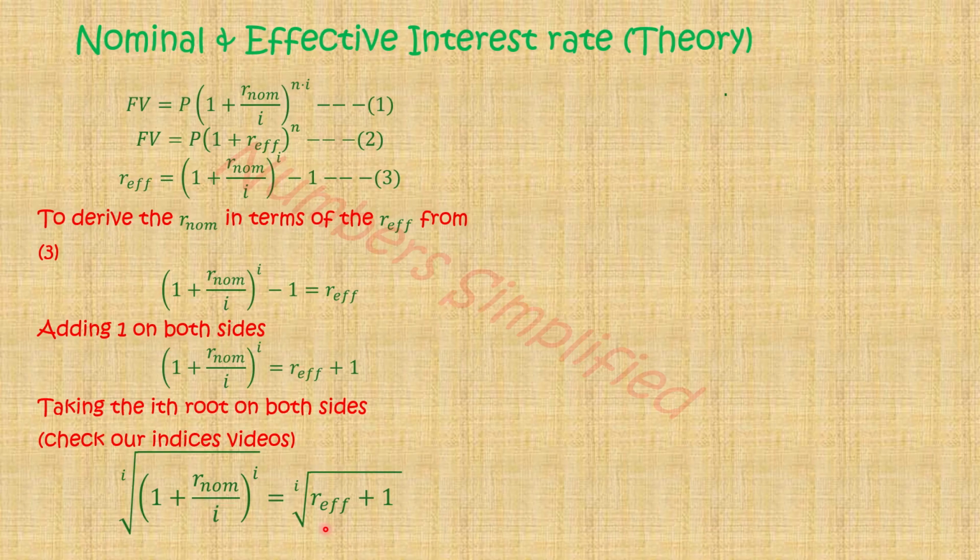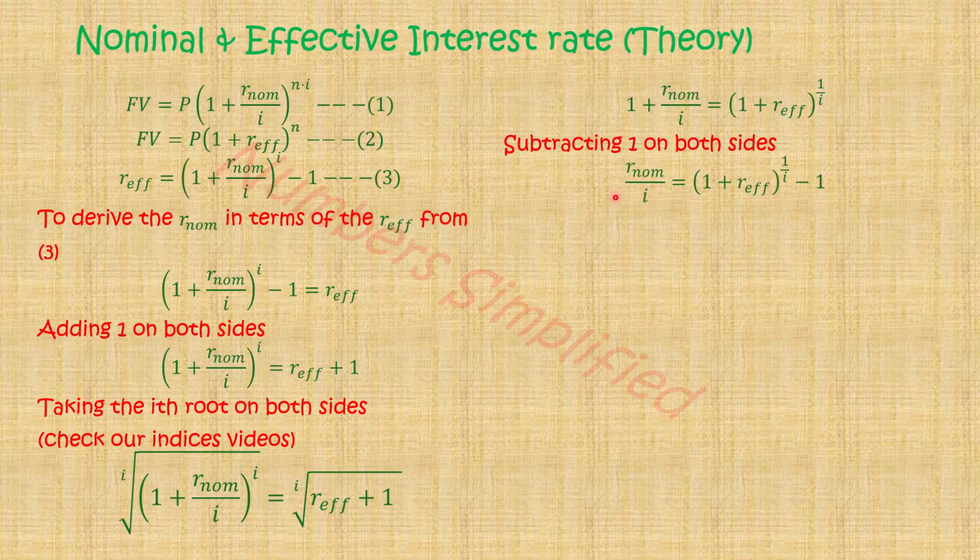So now this would remove the ith power on the left hand side so that we have 1 plus the nominal interest rate over I being equal to 1 plus the effective rate raised to the power 1 over I. That is the same as saying the ith root of 1 plus effective rate. It is actually the ith root, not the cube root. Great then. So now with that, we can shift the 1 to the other side by subtracting both sides by 1,